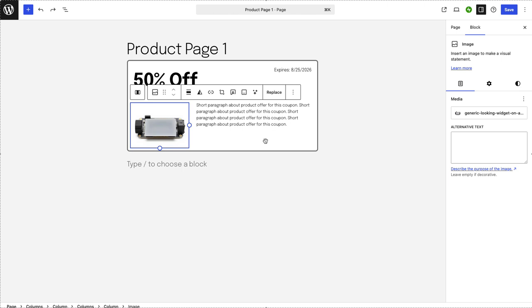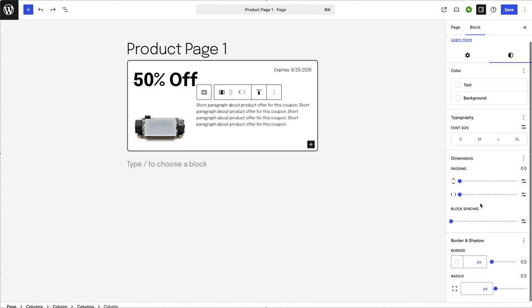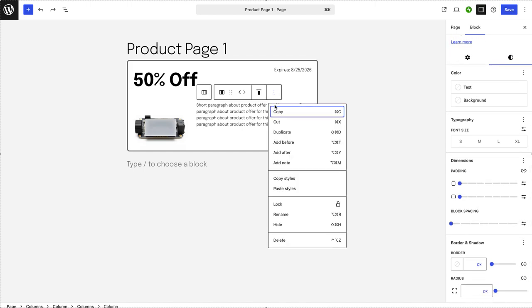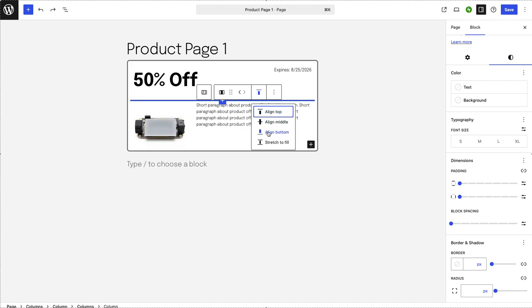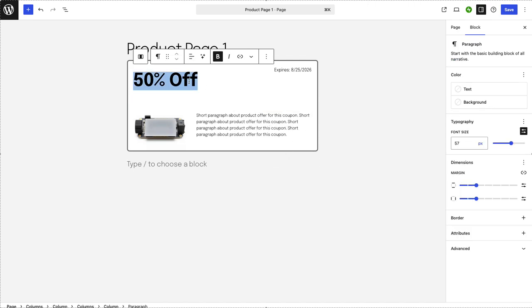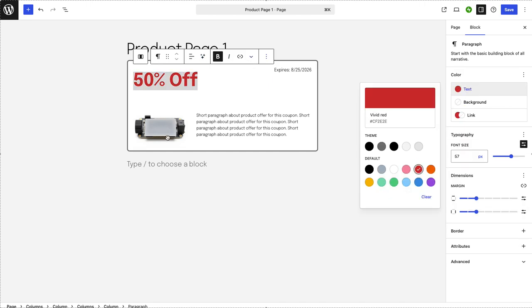Alright, so we've got that paragraph of text, and here I'm going to do a little bit of vertical aligning, hopefully. Let's see here. Align middle, so there we go, 50% off. You know, this is not necessarily the best. Let's change the text color to red, because, you know, red text makes you want to buy stuff. Now that we've done that,